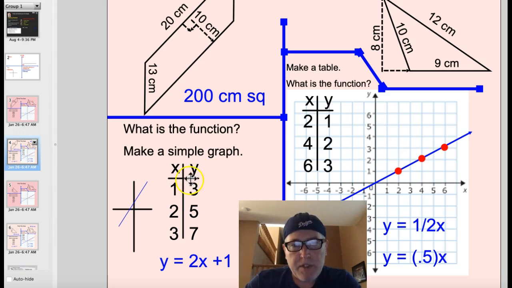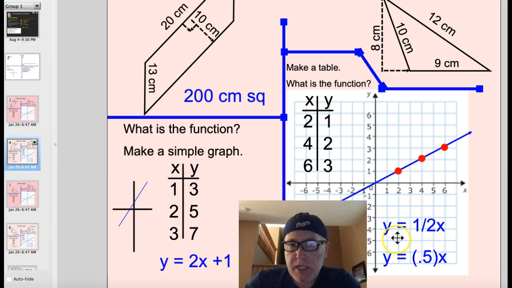Down here, make a simple graph. Here it is. The function is 2x plus 1, y equals 2x plus 1. So that means that the y-intercept is 1, so you can see it's 0, 1. And the slope is 2x, so if it was y equals x, it would be coming through like this at a 45. So this one here, this is pretty close. And again, it's just a simple graph. I call it air graph, and just kind of slapping on there an approximation of the line represented on a